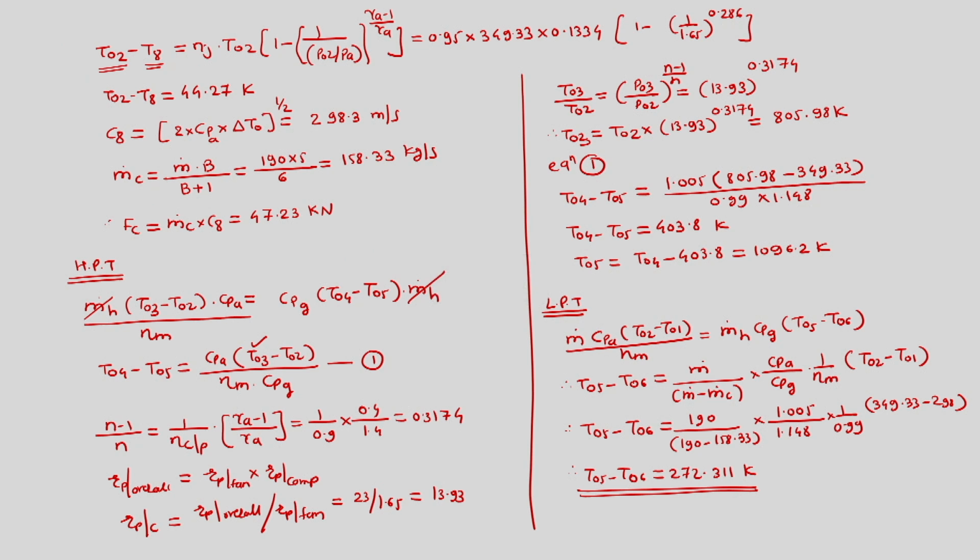We can find out from here which is T06, and this gives us T06 to be 823.88 Kelvin. Since we know P05 now,